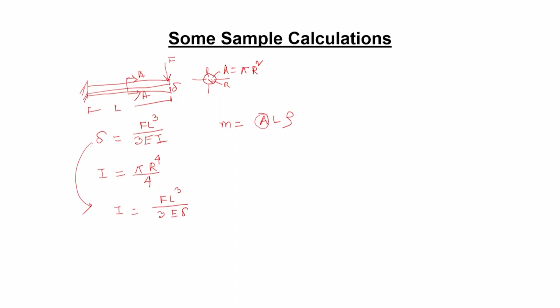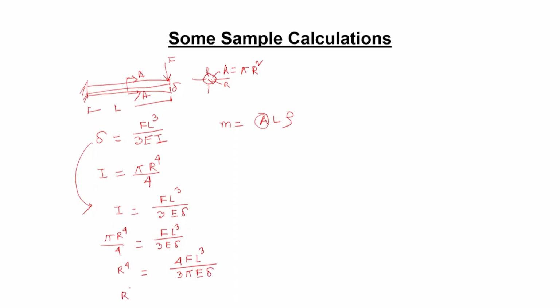Force is specified, deflection is specified, length is specified, E is so far the material property here, but then I is pi r to the power 4 over 4, that is f L cube over 3 E delta, and that means r to the power 4 is actually 4 f L cube over 3 pi E delta,